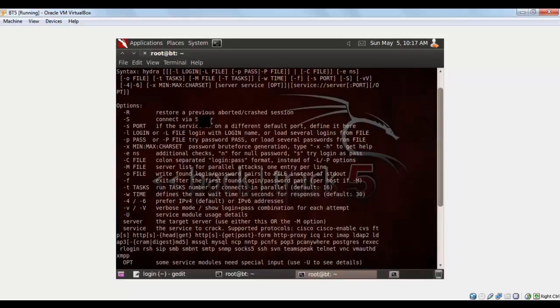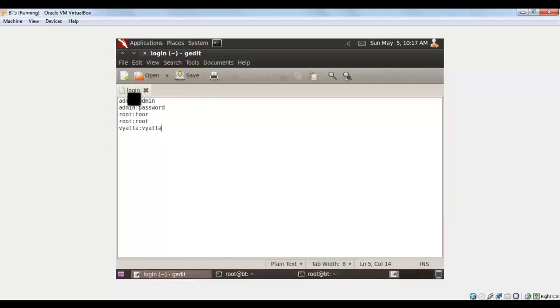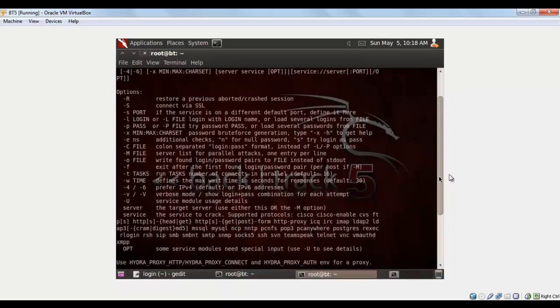We have a couple of options. We can simply use -l with the username and -p with the password, or capital -L with the file with the usernames, and capital -P with the file with passwords, and we can simply launch our attack. But in my case, I'm going to use -C, which is the colon separated usernames and passwords. Here I'm asking our Hydra tool to use this specific word as username and this specific word as password, which are separated with a colon. Now let me